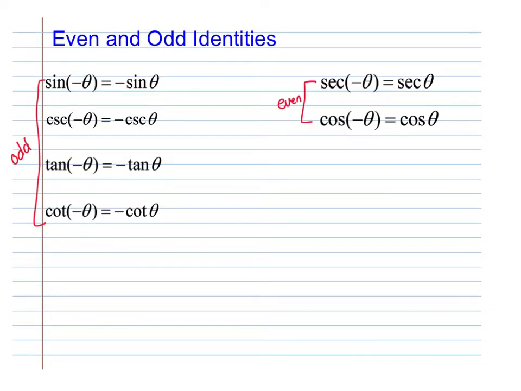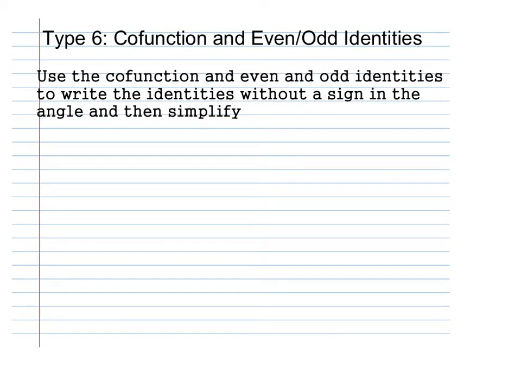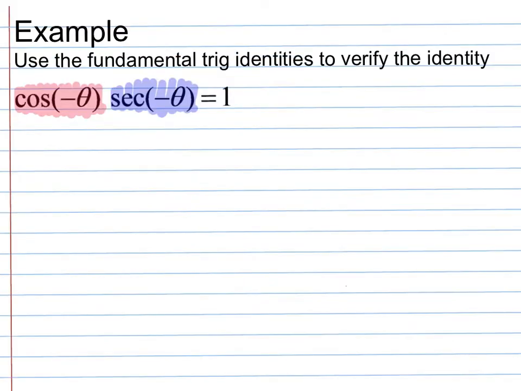I want to point out that all of these are odd identities, and these are the only two even identities. So again, we're on type 6, where there are the cofunction and the even and odd identities. Pretty straightforward. We're just going to use them and simplify the equation just like we were doing in parts 1 through 5. Our first function that we have to simplify is the cosine of negative theta times the secant